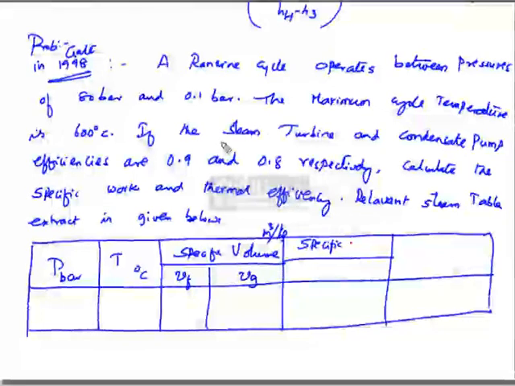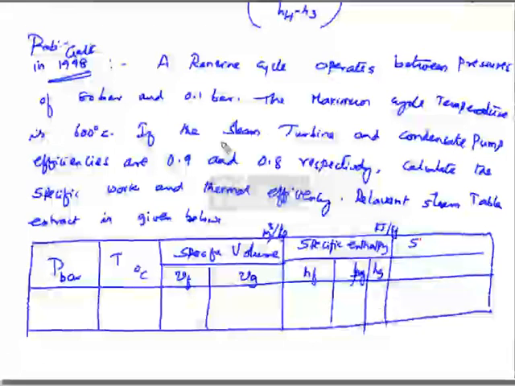Specific enthalpy, obviously in kilojoule per kg for saturated liquid water and dry saturated steam, that is Hf, Hfg and Hg. All three were given. Then we have specific entropy S, in kilojoule per kg Kelvin, that is